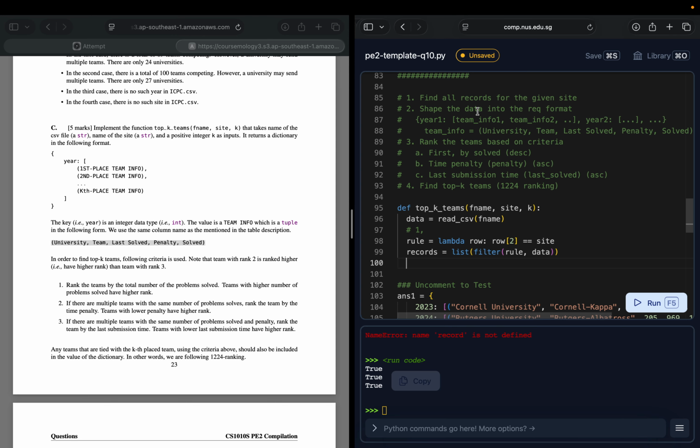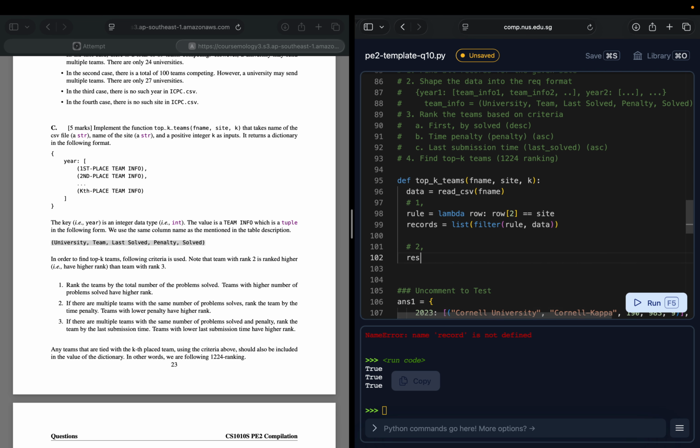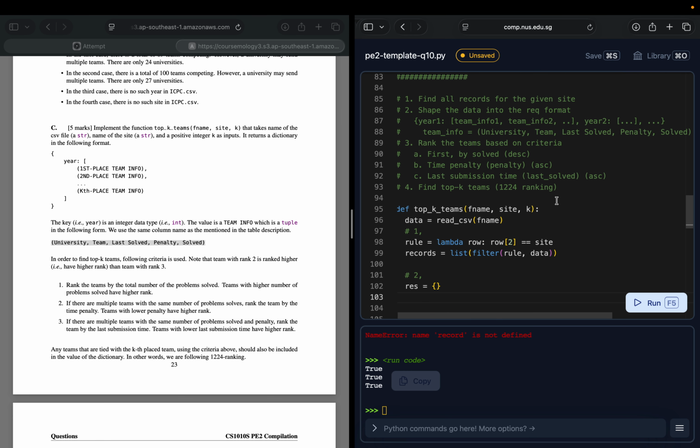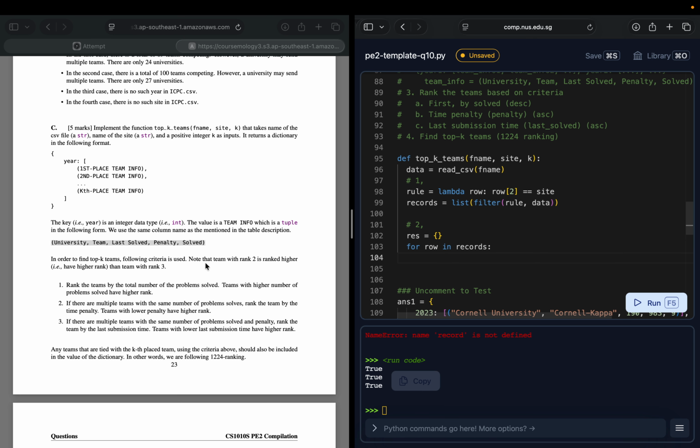The second problem is to shape the data into the required format. So my format is going to be a dictionary, right? For the second problem, I initialize a dictionary. My dictionary is going to be res, I name it res, and this dictionary will loop through all the records and group them by the years. So for row in records, I know that I can get